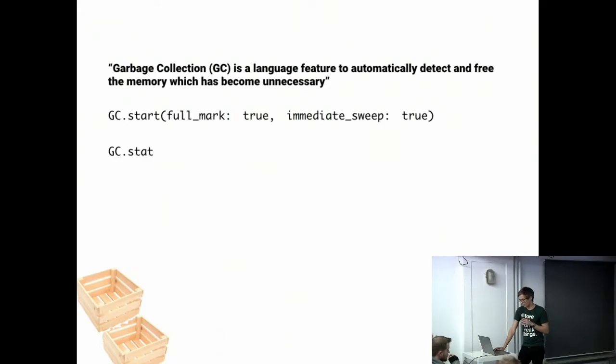So let's start with a really quick introduction to how the GC works in Ruby. Garbage collection, according to a definition from the Ruby hacking guide, which I strongly recommend, is a language feature to automatically detect and free the memory which has become unnecessary. So for us, the programmers, it means that we don't have to care about how objects are allocated, where they are allocated, and also when and how they are freed. But on the other hand,